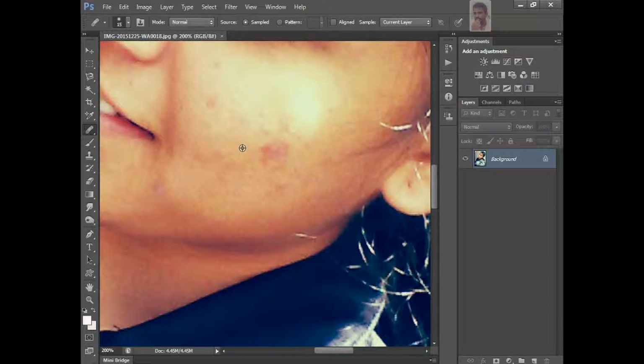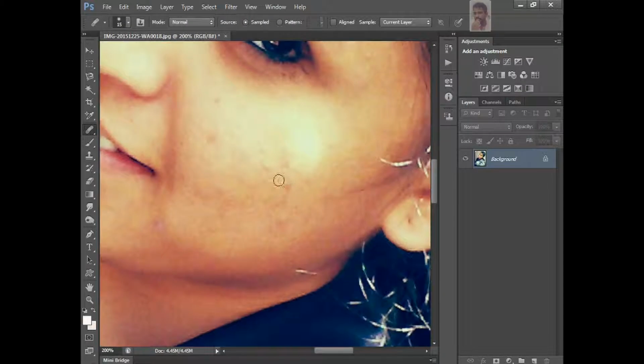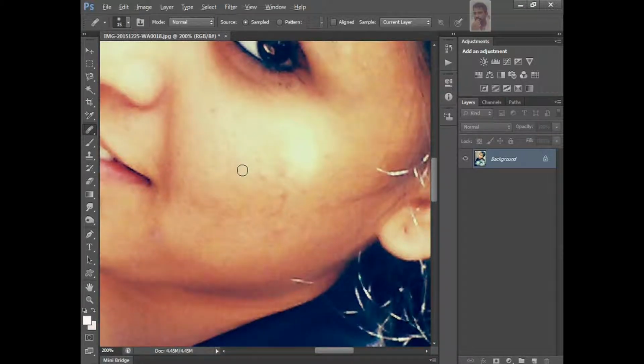Then come here and drag it like this. See, the patch went. Whatever nearby skin is good, select it and drag it, and it will go.